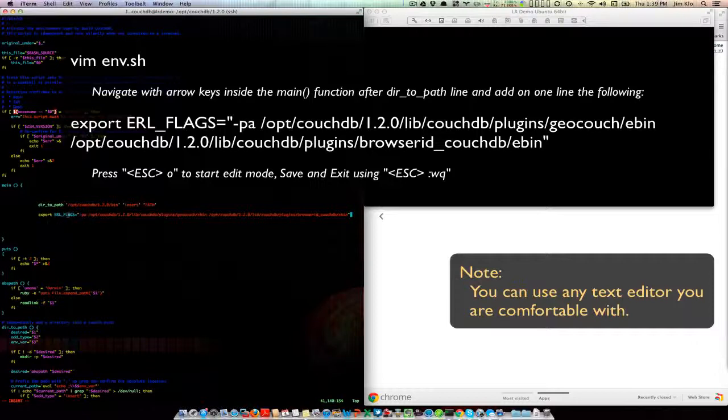variable URL flags. There's a couple ones you can use. I suggest using URL flags equals, as a quoted string, dash PA and then a space and then a path to the ebin directory of each of the plugins. So this is where our GeoCouch plugin got built and installed, and likewise the browser ID plugin as well. So we can save that,